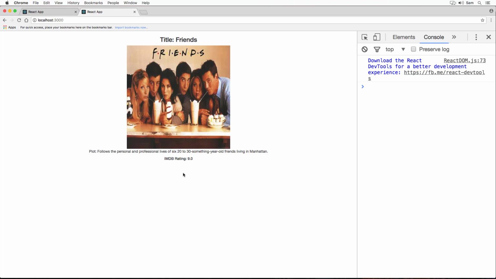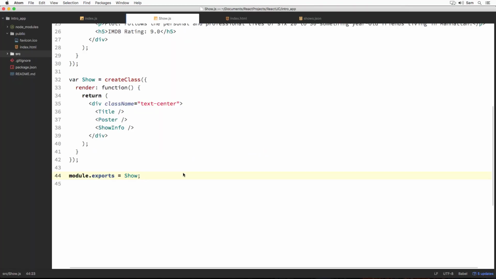But so far the components that we have created are of little use, as they always render the same show. This is like a constant UI that won't get changed. What we really want to do is use the same components to render many shows instead of just being limited to one. This is where props play a major role. Props allow us to render dynamic data in our components that help us to reuse the component for different sets of data, like shows data in our case. In the next section, we are going to pass props to the show component to render title, poster and show info with different shows data. Alright, let's continue.